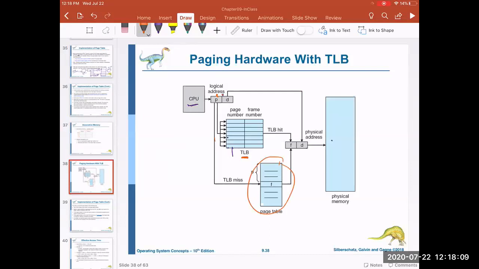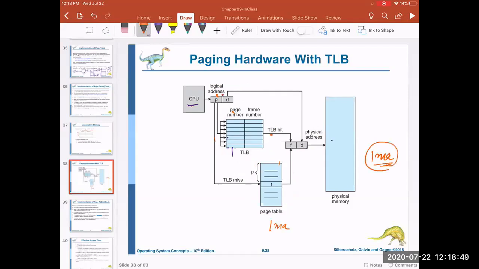So in that case, what would happen? We can consider that it is taking considerably no time. So if this is done, we got the frame number. So actual access would be just one hit. This would generate only a single memory access time. So MA is memory access time. But if we are not using TLB, we have two memory access times. One memory access is here, another memory access is here, so it was double. So to reduce that, TLB is used, and that would generate a memory address or whatever we want to fetch